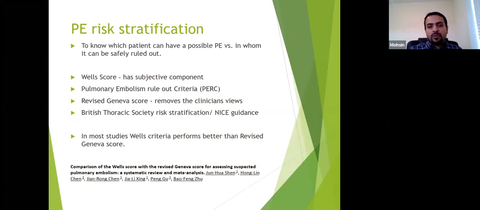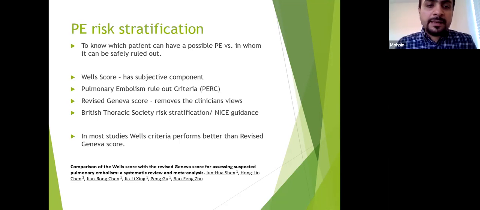We'll also use something called the pulmonary embolism rule out criteria. This is only when we have a low risk Wells score, less than 2. You can use a PERC rule, pulmonary embolism rule out criteria, to actually rule out any risk of PE. And in that scenario, we don't have to do anything. We can safely say that this patient has a low Wells score and is PERC rule negative. We are confident objectively that this patient doesn't need any further workup, and we don't have to think about PE.